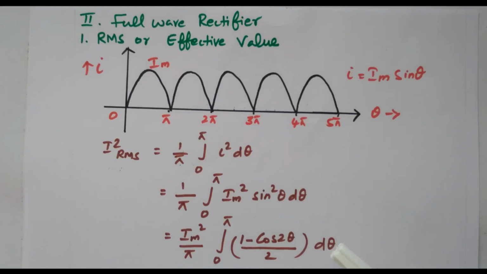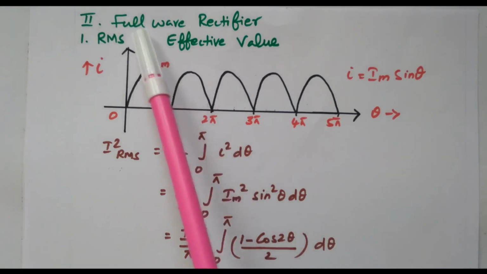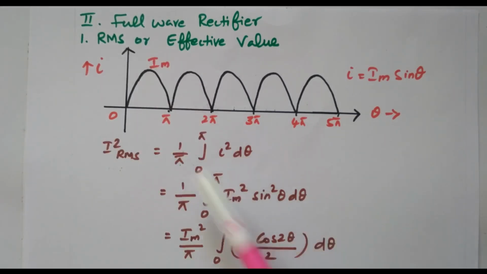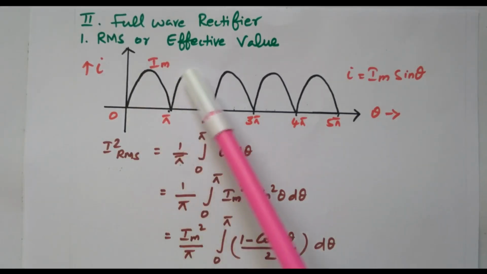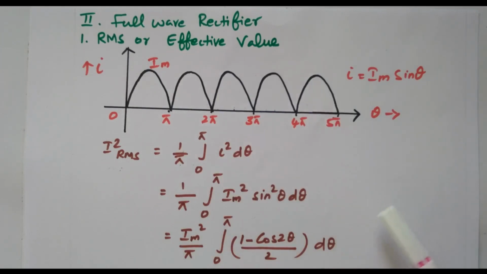Both the positive half cycle and the negative half cycle are rectified, so it is called a full wave rectifier. For every half cycle we are getting positive current, from 0 to pi, pi to 2 pi, everywhere. So i equals Im sin theta. This is the formula. Now we'll go to I RMS square equal to 1 by pi, integral from 0 to pi of